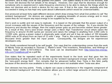It is based on the principle that the power output of a circuit increases with the square of the frequency and the square of the voltage. So if you double the frequency and double the voltage, then the output power goes up and becomes 16 times greater. As a result of this, Don's best known design uses a neon sign transformer circuit, which raises the frequency to about 35,000 cycles per second and raises the voltage to anything from 2,000 volts to 12,000 volts,